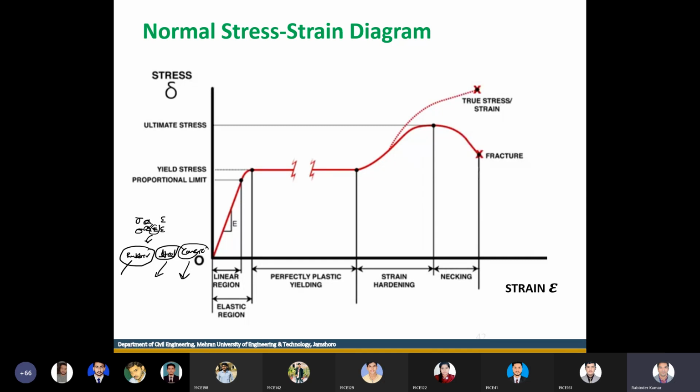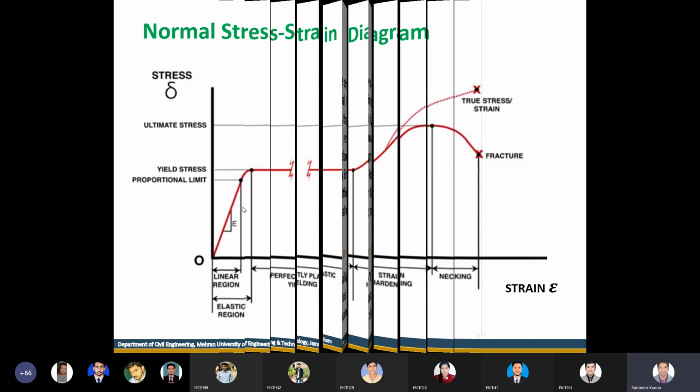And similarly, the strains are also higher. But what do we call engineering stress or engineering strain? When you are using the same cross section that was the original of the material. So obviously in such a case you will get this curve. So this is the ideal curve. Whenever we see this curve, this is the ideal curve. This is the actual curve. The dotted line you see is the actual curve and this is the ideal curve.